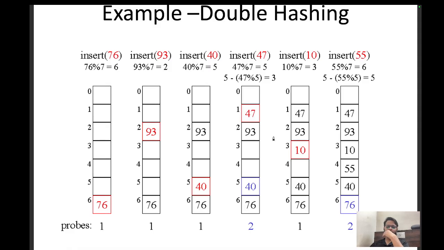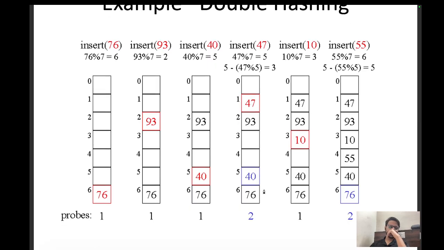Now the problem comes here. We get 47 by 7 equal to 5, and as the fifth element we have 40 here, so we cannot store it here. So we do one thing: we do 5 minus 47 by 5. 5 is the remainder here. So we have calculated it here. 47 by 5 again will give us